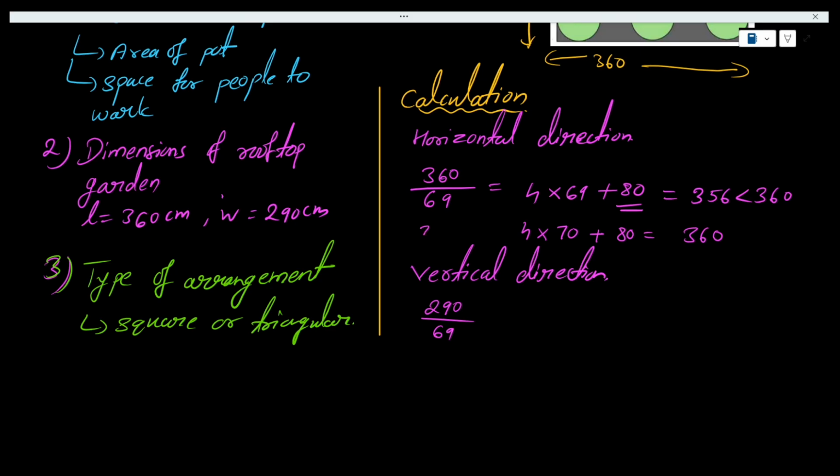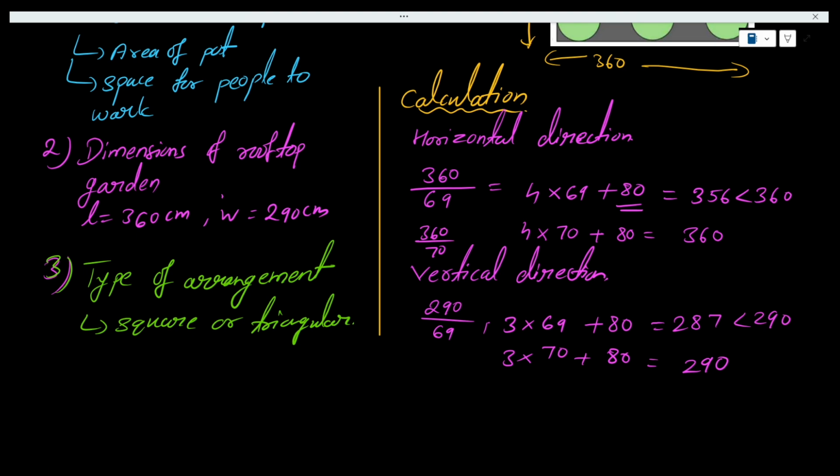69, if I do it here, 360 by 70 here I was doing. You will see that again you have to do plus 80, right? And if I'm doing here this one as 3 times, you will see it is coming as 287, which is less than 290. If I take here 70 also, then you are getting here 3 times this plus 80, which is the extra length, which is exactly coming as